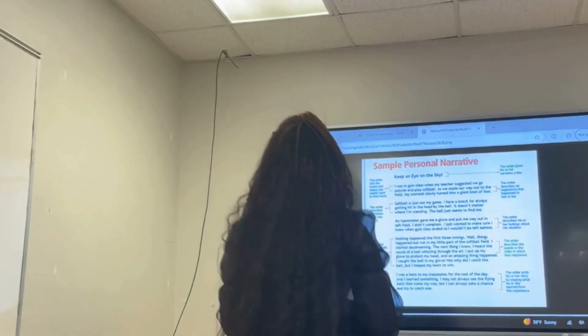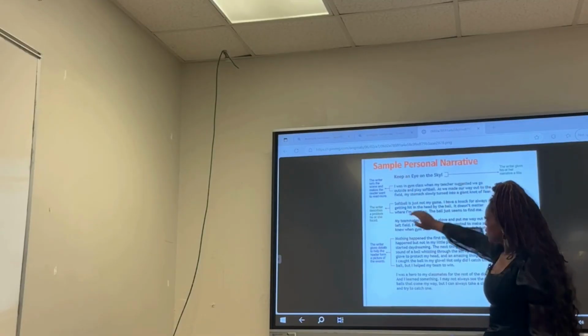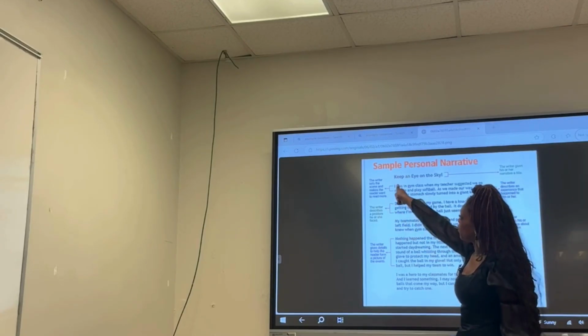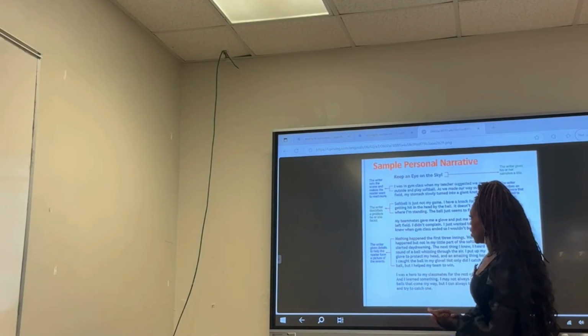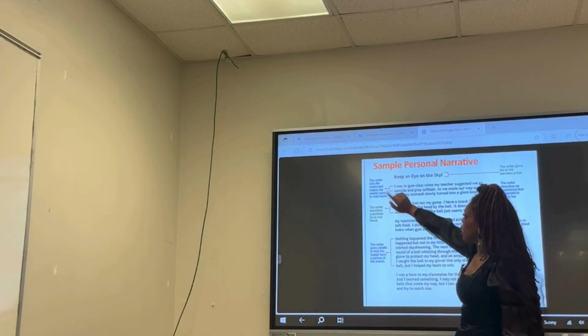Okay, so guys, since we're doing narrative writing, here's a sample for you to look at. Here you see the title. You see each paragraph is not indented, but they have a space in between the paragraphs. You can either leave about a finger in front of each one, or you can leave a space in between each one. Now, each paragraph has at least 3 to 5 sentences, and this first paragraph we call the introductory